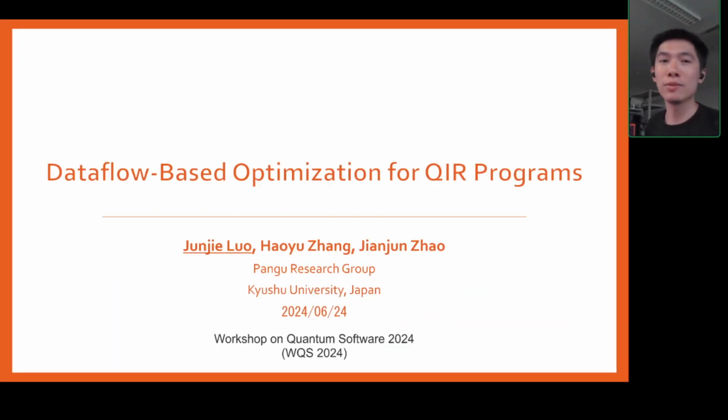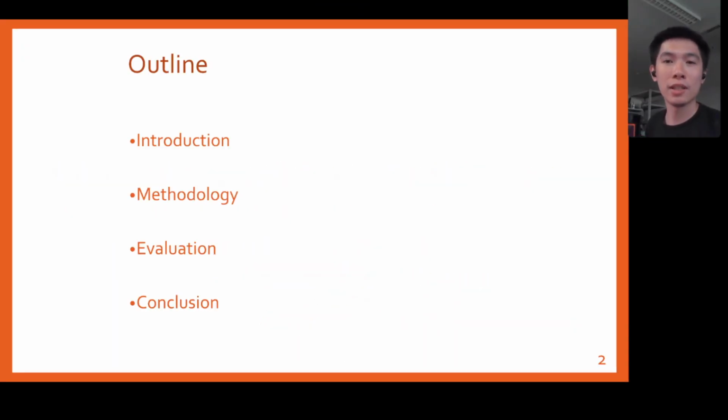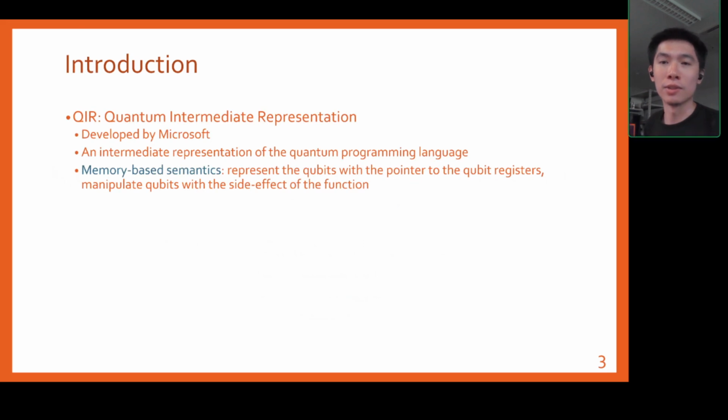Data flow-based optimization for the QIR programs. My presentation is in 4 parts, and in the first part, I will introduce the QIR. The name of QIR is the intermediate representation developed by Microsoft, and it is an intermediate representation for the quantum program language. It's also a memory-based semantic IR, which means that it represents the qubits with the pointer to